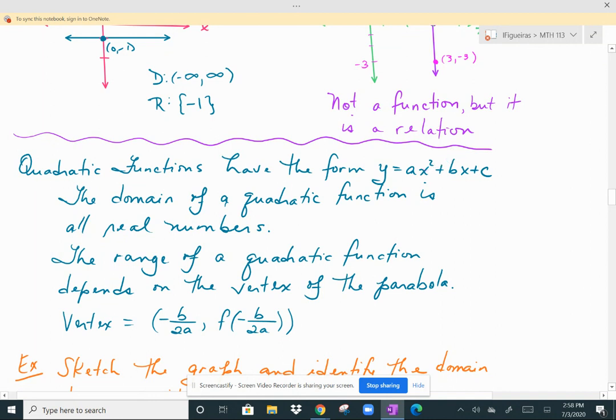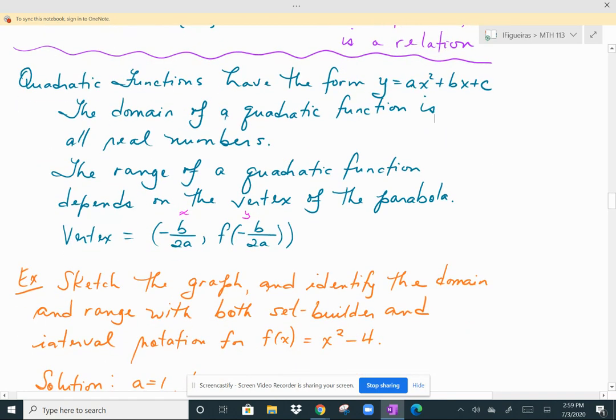So the domain of a quadratic function will always be all real numbers, but your range is going to be restricted. Remember, range are the y values, and that depends on what the vertex is. So all parabolas have a vertex, and the formula for the vertex is that you find your x value by computing negative b over 2a, and then you plug that value into your function to get your y. And the b and a values come from the original function. It comes from here. A is the coefficient of x squared. B is the coefficient of x. Okay, so